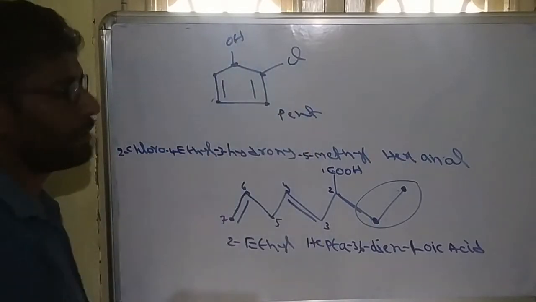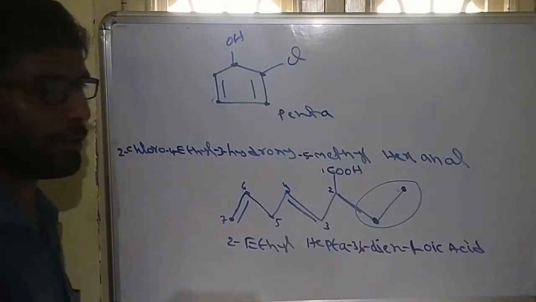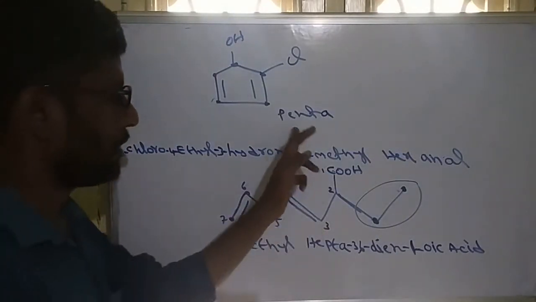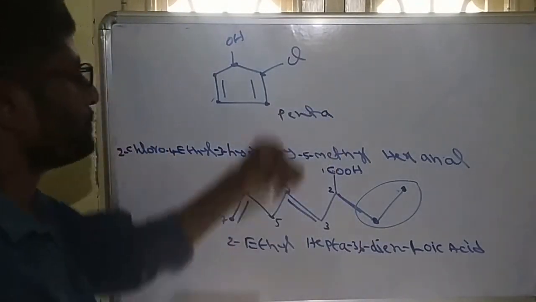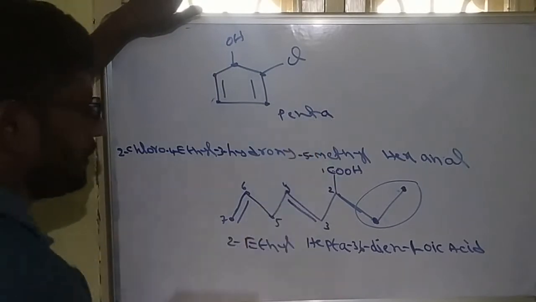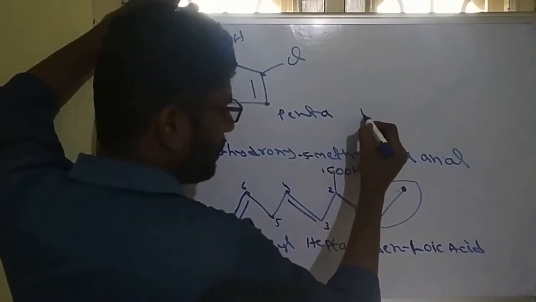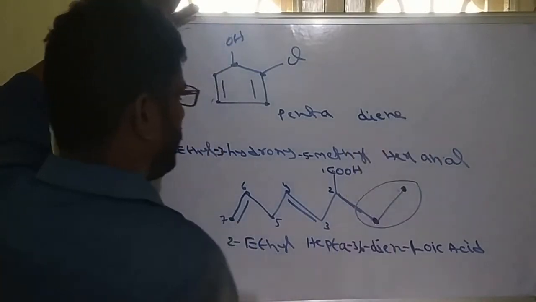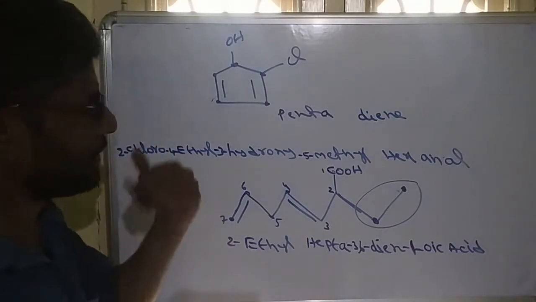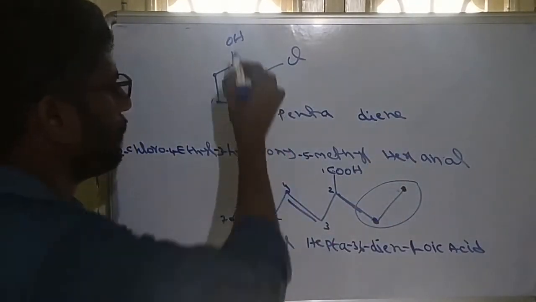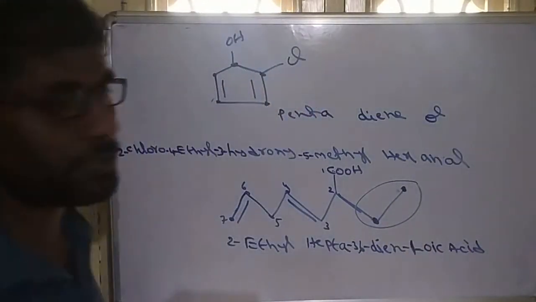So 5 carbon means pent, and 2 double bonds are there. That's why we are writing penta. When 2 or more double bonds or triple bonds are there, we write penta, hexa, like that. In the suffix name we must add a. So that is penta. After that, primary suffix, double bonds. 2 double bonds are there. We write di. After that, secondary suffix, the functional group. Here OH is the functional group. Functional group name is ol. OH name is ol.